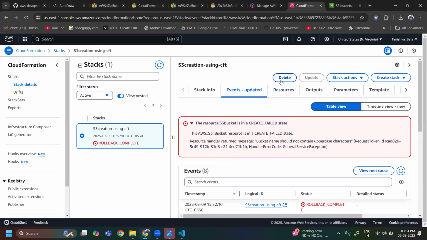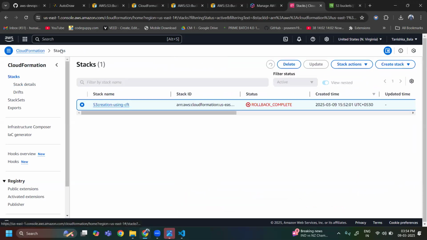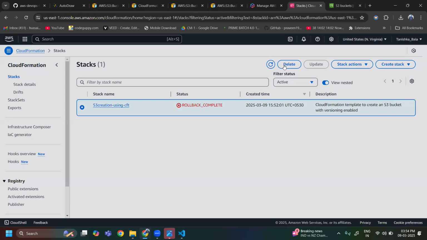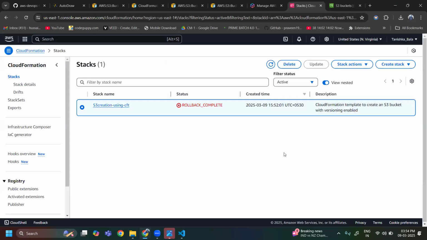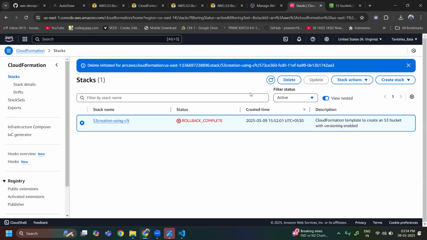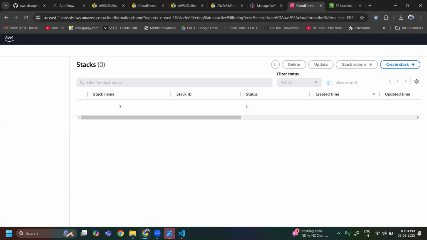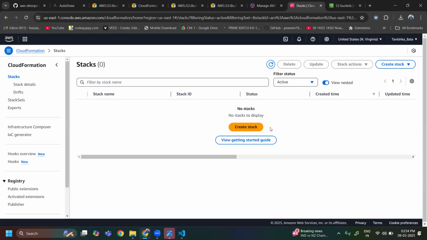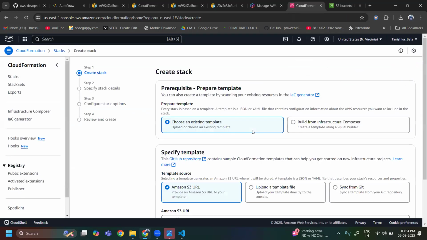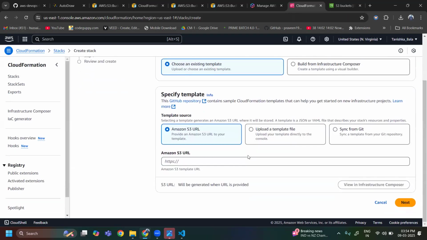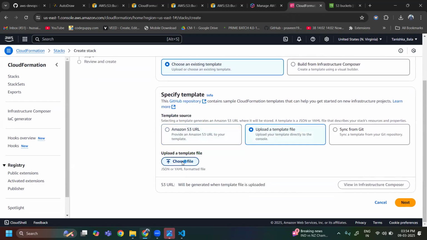So now just delete the stack. Again, one more time I'm going to delete this one. Okay, now just refresh the page again one more time. So is there any error? It will not create the template automatically here. Now just upload the file, choose file,